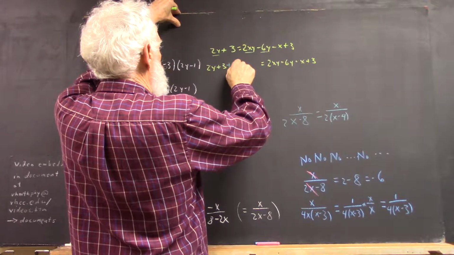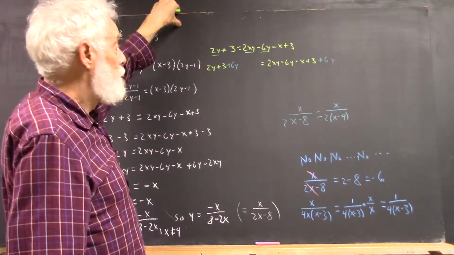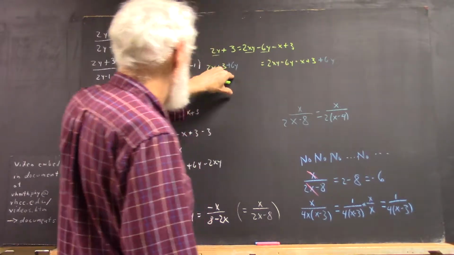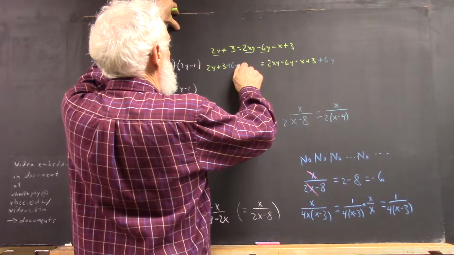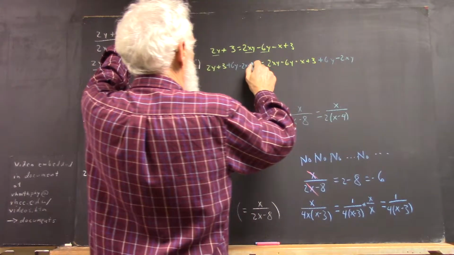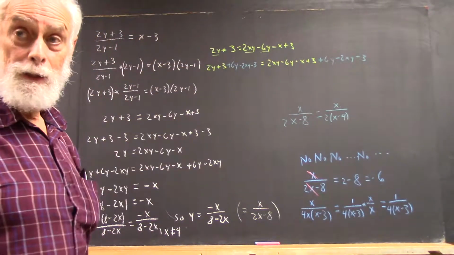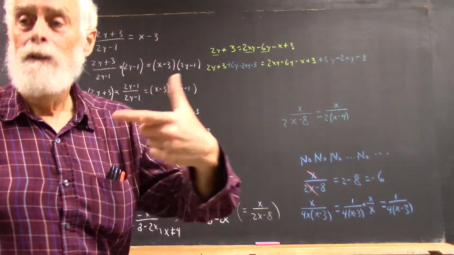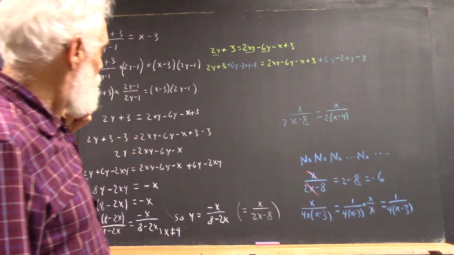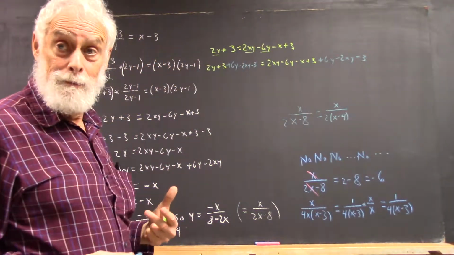to add 6y, so I'm going to do that on both sides, right? So that would get rid of the 6y over here, and get that corresponding term over here. Then I'm going to do minus 2xy, and I'm going to do that to both sides. And then I'm going to do minus 3, okay? Now, the things that you want to do one at a time, we're going to do that in a minute. If we're focusing clearly on what needs to change sides, essentially,